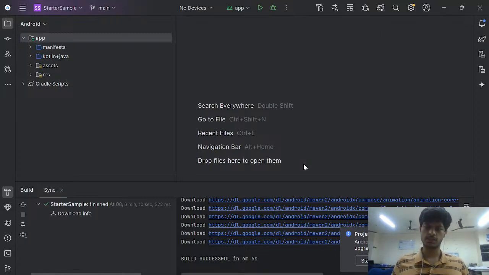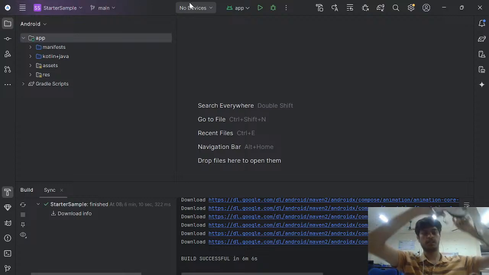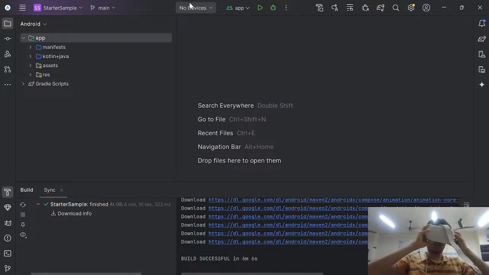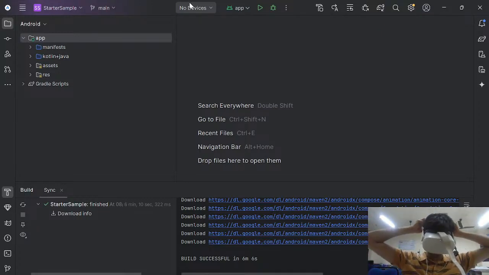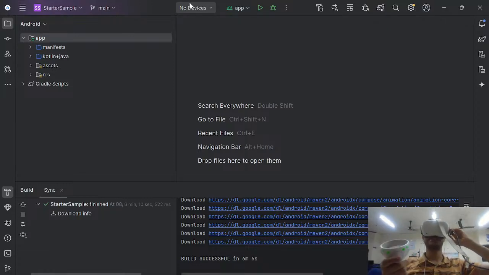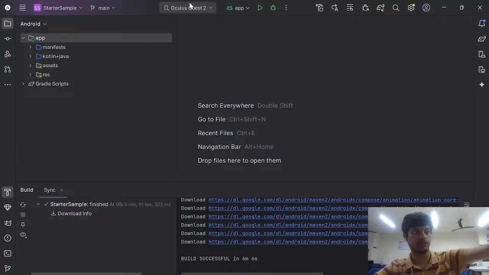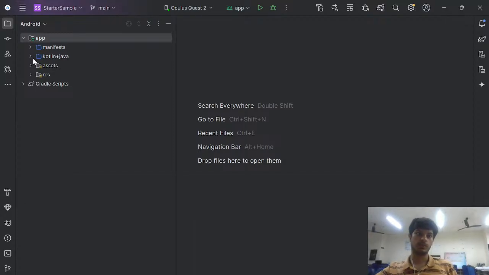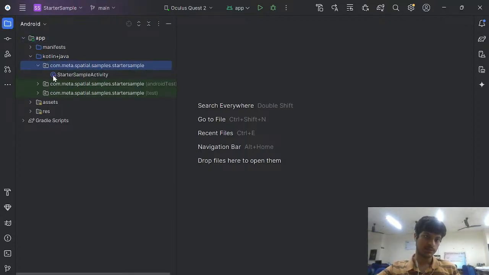Oh, I can't press on stream. Oh no, I'm screwed. I have no devices. Let's reconnect the device. Go back in the headset and allow for USB debugging. Yes, allow. USB debugging is now allowed, and the Quest 2 is now visible again in the refreshed project, which hopefully works now. So if I go here,